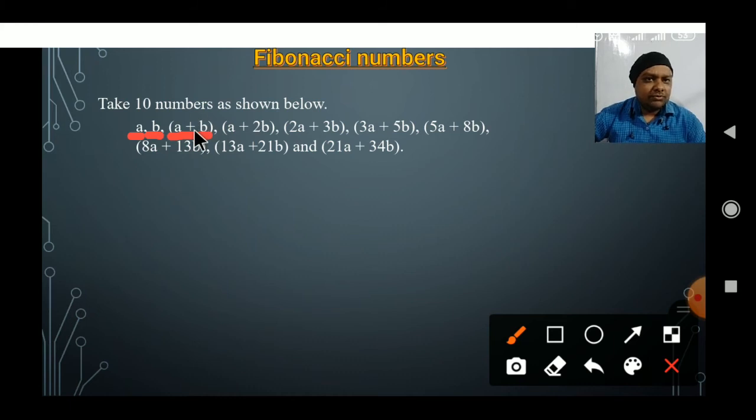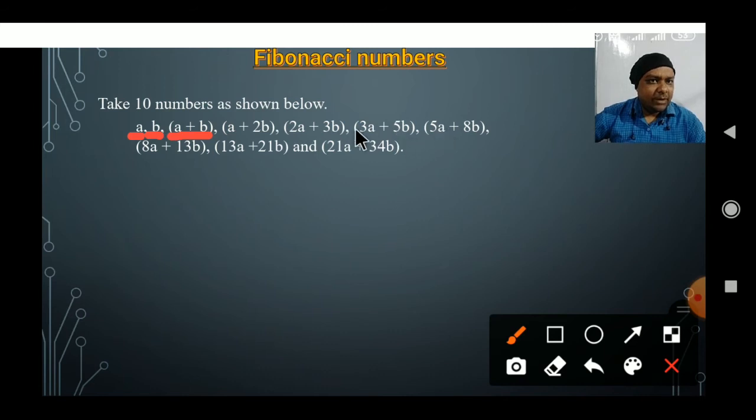Okay, no number, it means 1 here. So 1 plus 1, 2. And that 2 we will write with B. So A plus 2B. And again, this constant term 2, in the next term, it should come on A. Okay. And then 2 and here 1. 2 plus 1, 3. It should be on B. Same as. Then this constant term 3 will come on A. 3A. And 3 plus 2, 5. Same as, 5 comes on A.